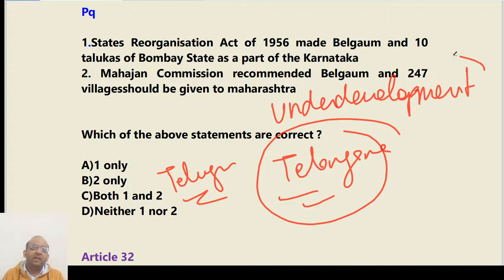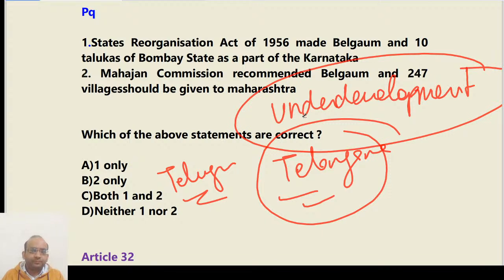Telangana region has remained underdeveloped as compared to other regions because of neglect of their economic, political, social leaders. And you can also say a little bit about Jharkhand. Their ethnic community was given preference, like the tribal population populated area has been separated from Bihar. And you can take the example of